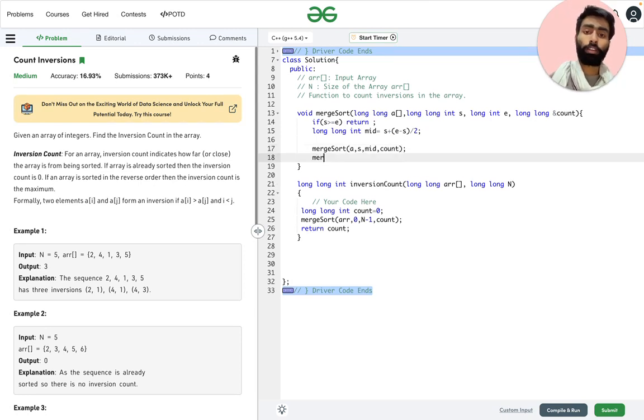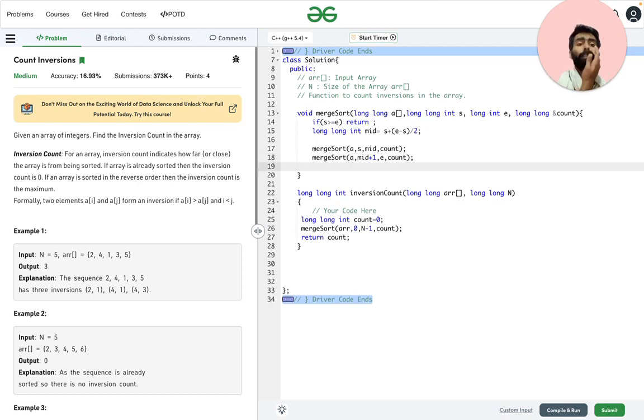Again we will call merge sort for the rest part, that is mid plus 1 and end, and we will again pass the count. Once we get the sorted elements, now we need to merge them back. So to merge them back, we will call the merge function.